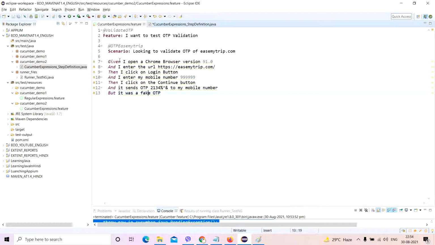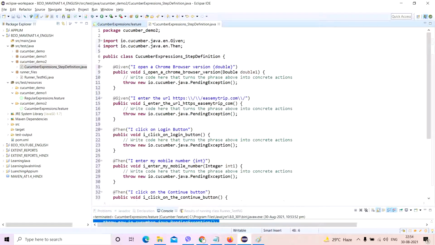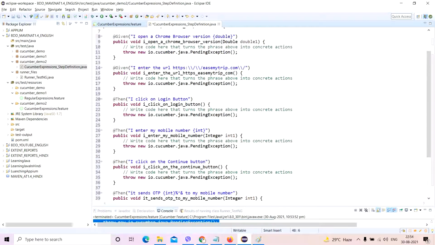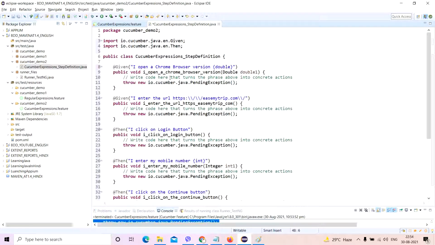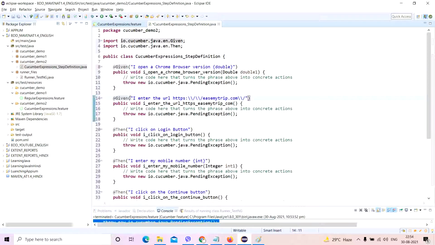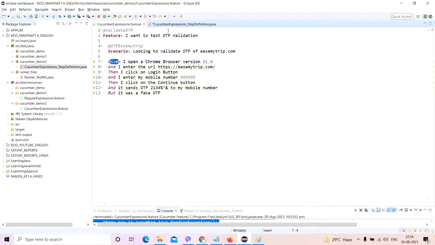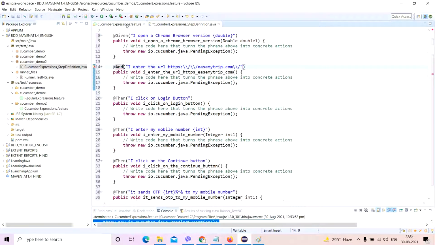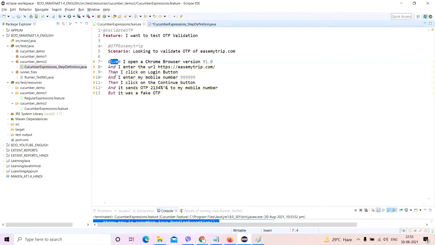The small challenge will be that here you have taken given and then and but, but this will come up as given, then, and all that. So you have to be a little bit careful here because you have to arrange these Gherkin words very precisely. Just do that. First one is given, the other one is and. I will tell you in a separate video why this is happening and how you can understand this. Then, next is then, and then it is again and, followed by then and but.